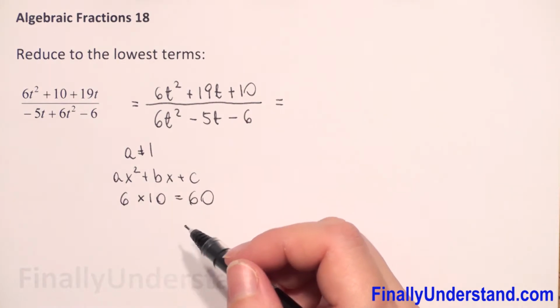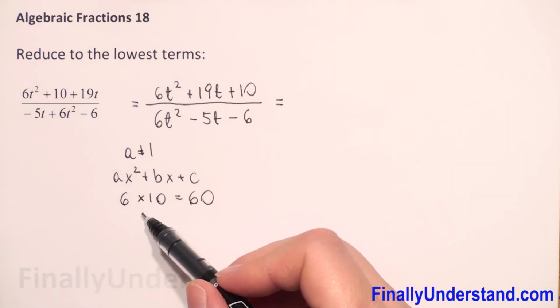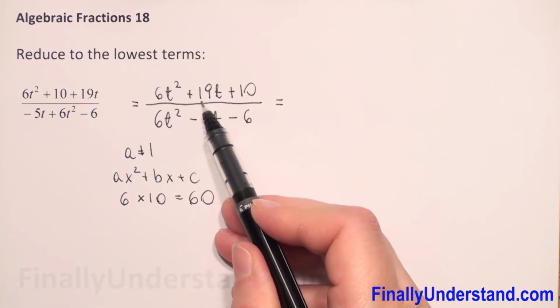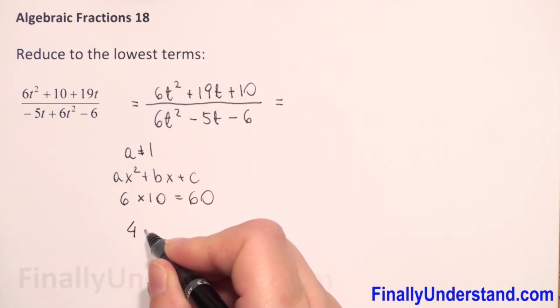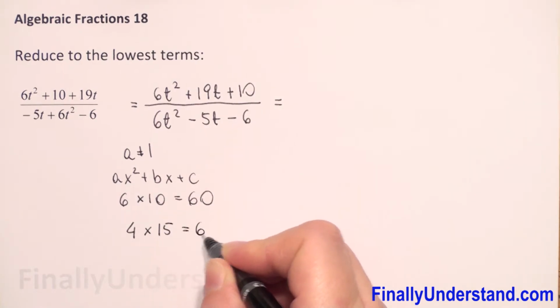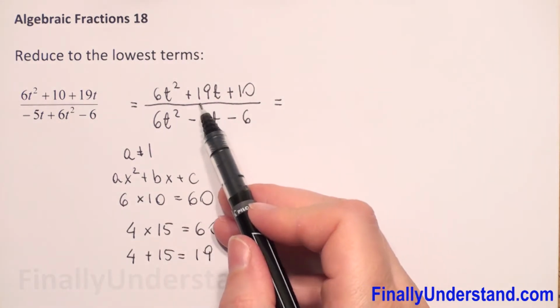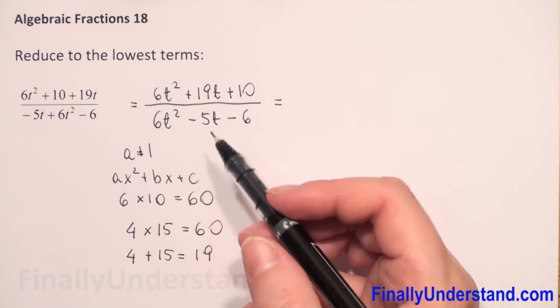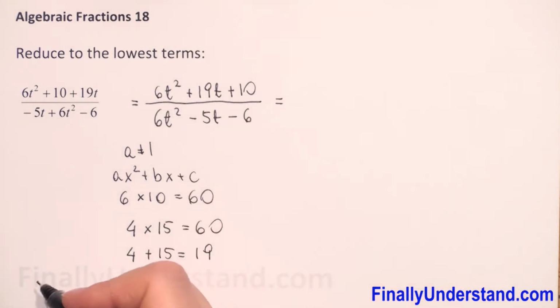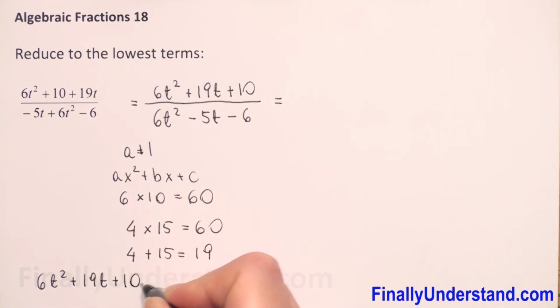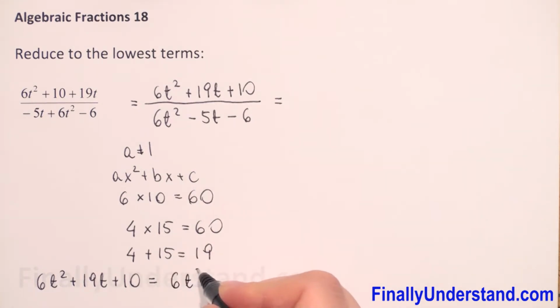So we need to find two numbers whose product is 60 and sum is positive 19. So it will be 4 times 15 is 60, and 4 plus 15 gives me 19. So the coefficient before t is 19, so everything is okay. Now let me copy our numerator. We have 6t squared plus 19t plus 10, and first we copy 6t squared,